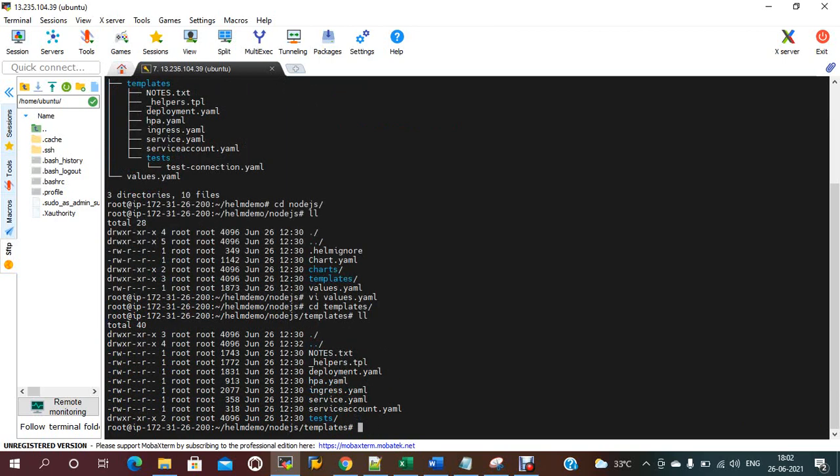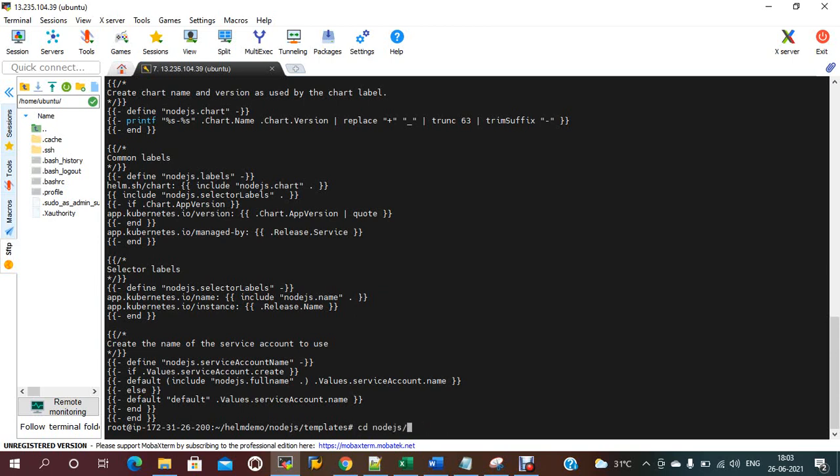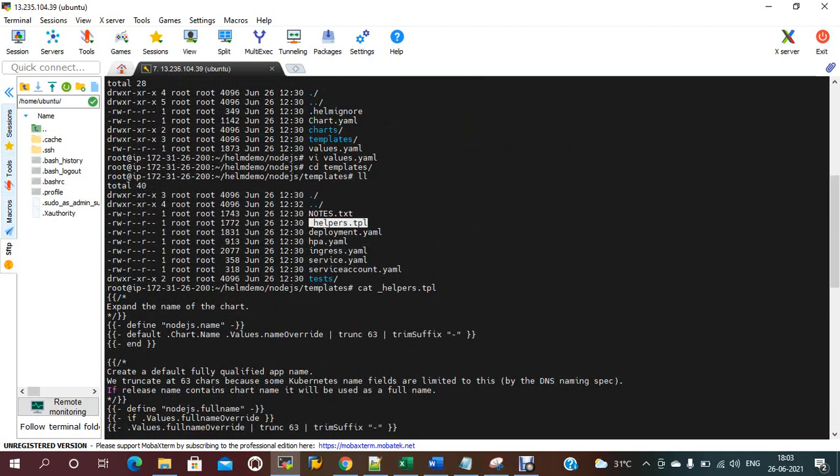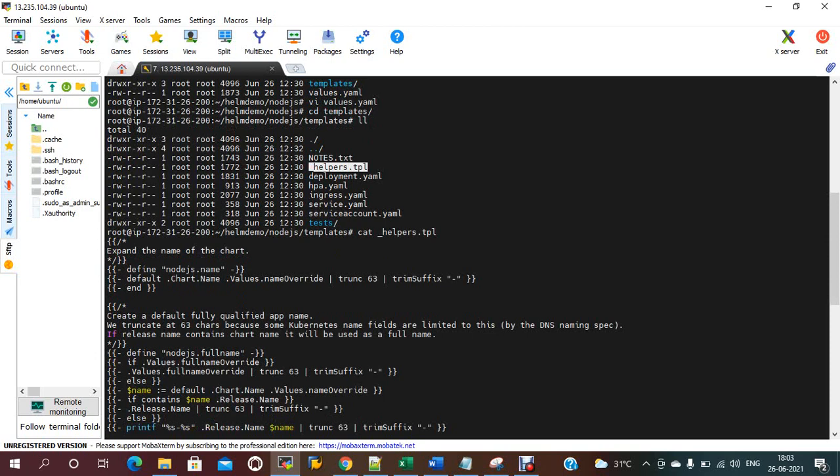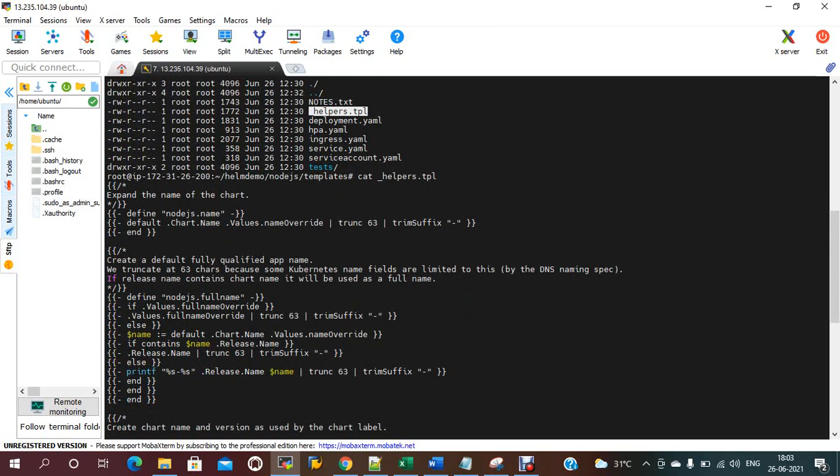Okay, here you have the helper.tpl file. If you want to check, this is where we write functions, all the deployment values, everything. In helper.tpl, you will have the Node.js name and chart name, release name.